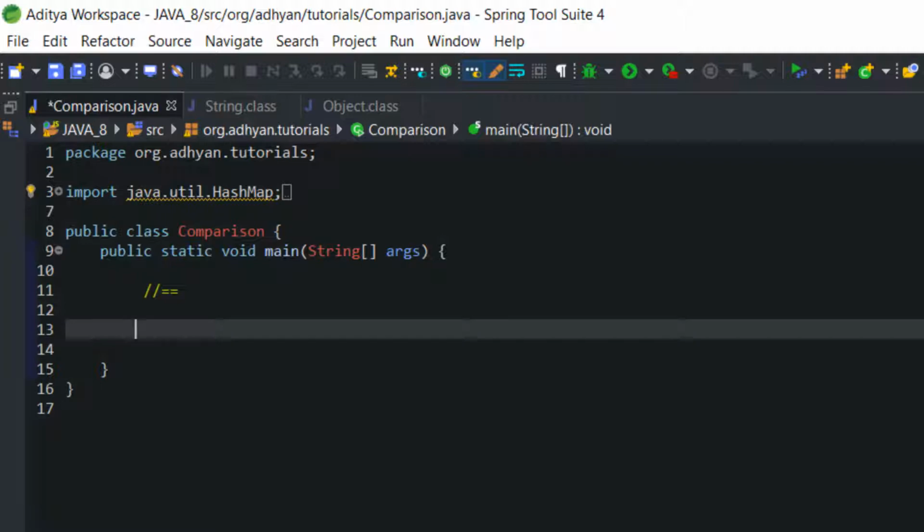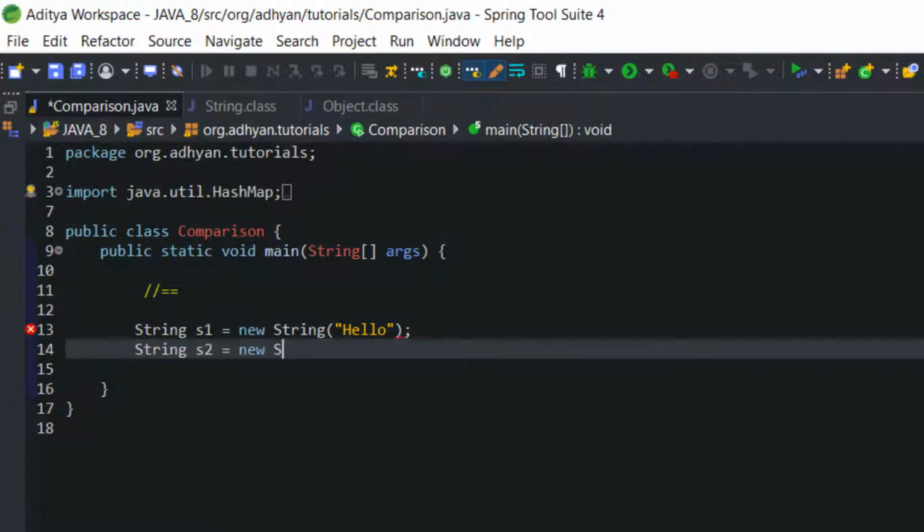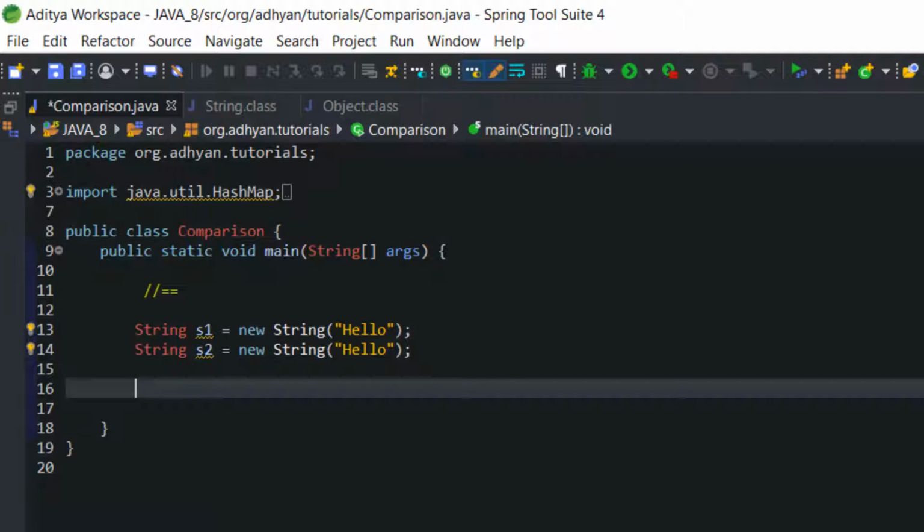To understand this concept, we will take two different variables, String s1 and String s2, and we will provide the same data with the help of the new operator. Let's do that first. Now we will compare s1 and s2 with the help of double equals.